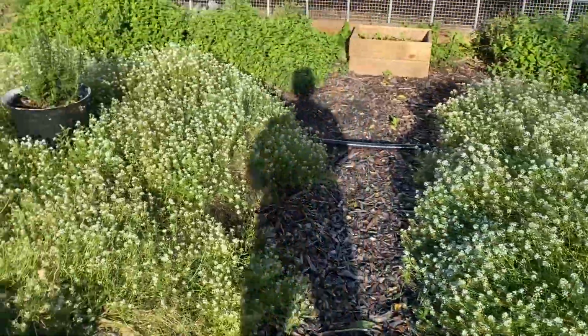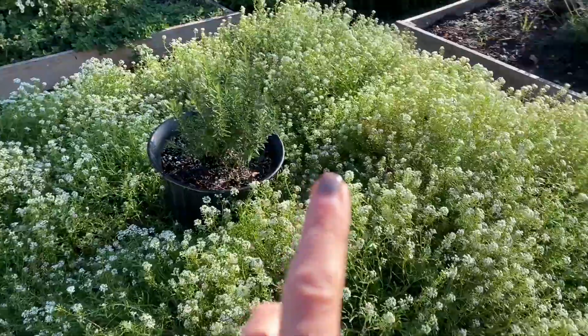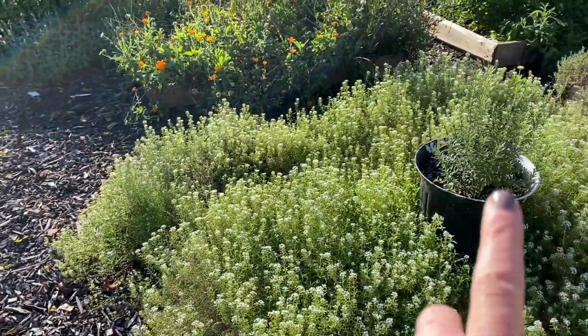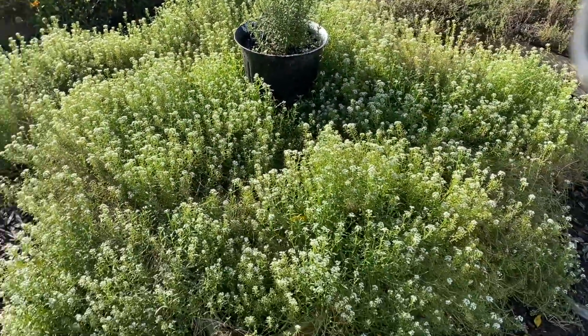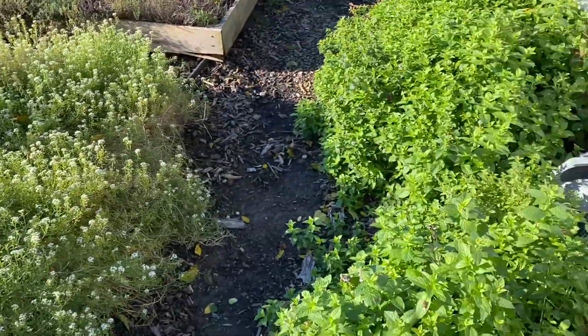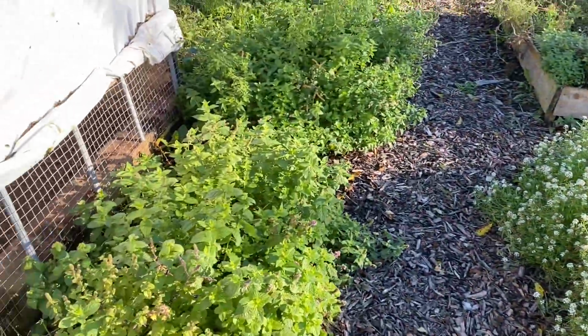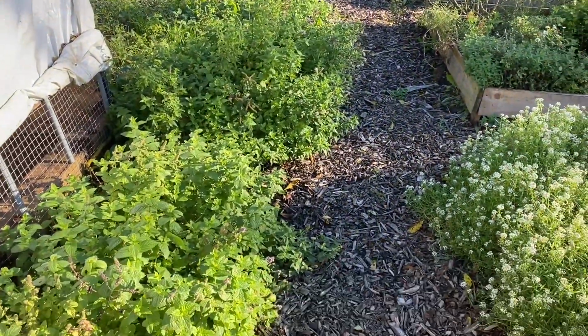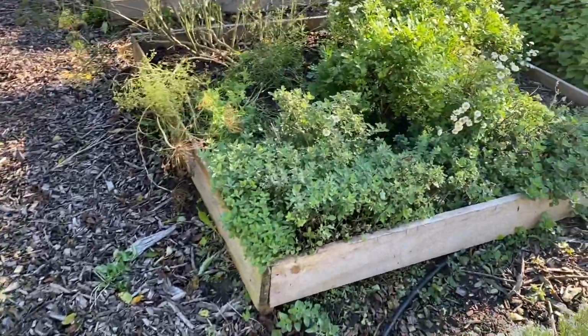And then over here we have my shadow, so we'll turn around. So in the middle we both have the rosemary, and then this is the sweet alyssum. Along the back here is all our mint on both sides. We have lots of mint in containers so that they stay out of trouble. And then we have our